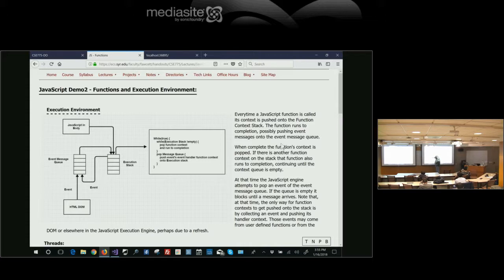So typically, this is empty. We pull a JavaScript function and put it on this execution stack. And that function may well push down other JavaScript functions so we get more on the stack. And we don't go handling any more events until we've pulled everything out of this execution stack, and then we start pushing events on again.